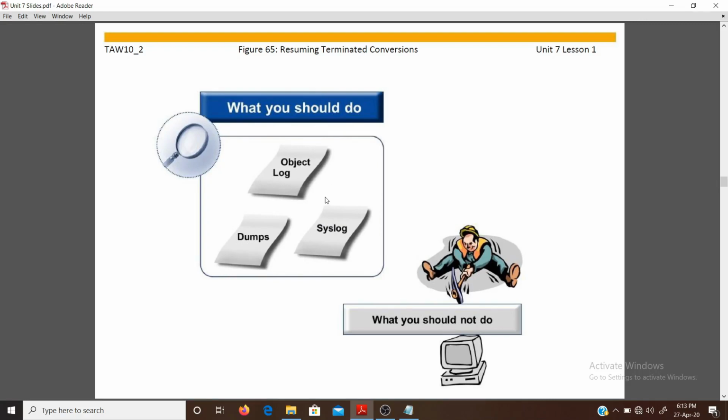Because when the process is started, the table goes into a locked state. The continue adjustment option allows you to resume the conversion from where it was terminated, whatever the cause, and the unlock table option only deletes the existing lock entry for the table.